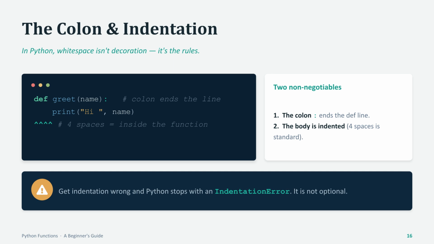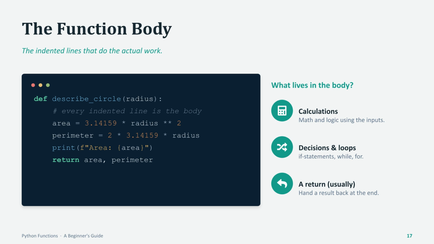In Python, whitespace isn't just for looks. It defines the structure of your code. The colon marks the end of the definition line, and everything inside the function must be indented. The function body consists of the indented lines that perform the actual work. This is where you include calculations, logical decisions like loops or if statements, and finally, the return statement to output